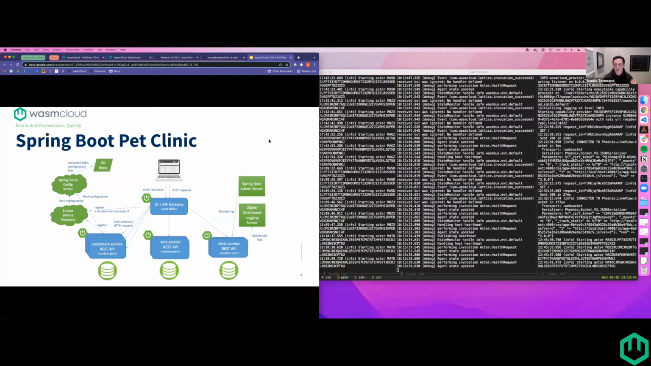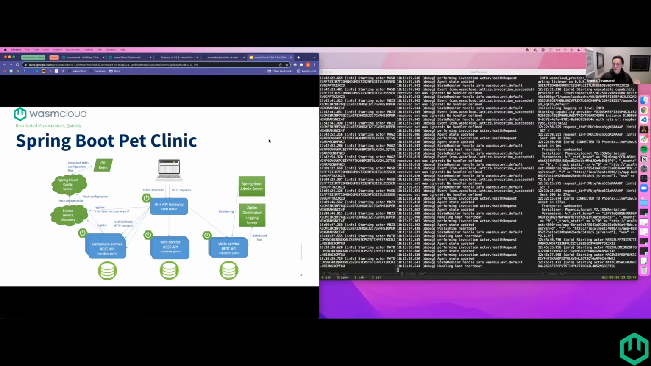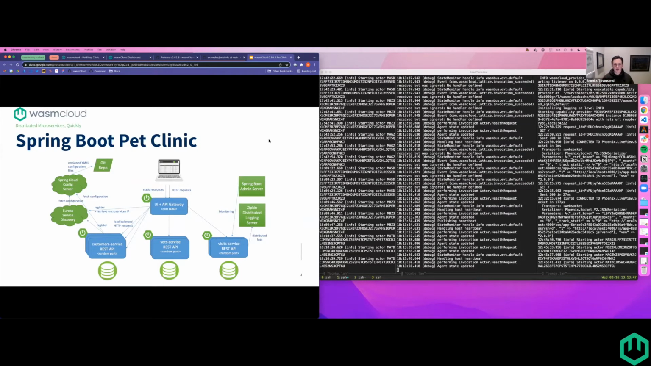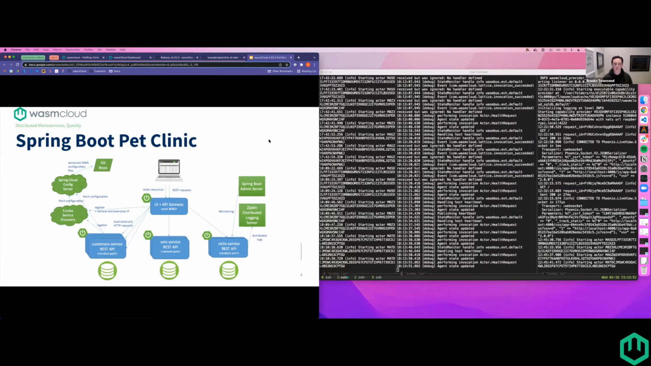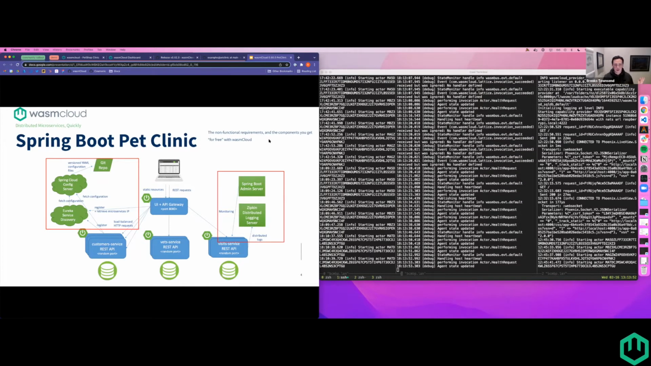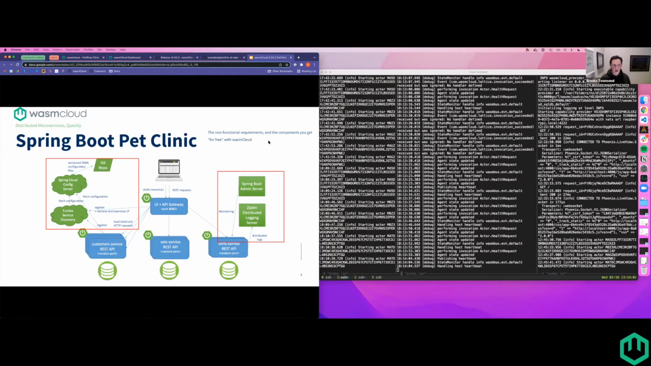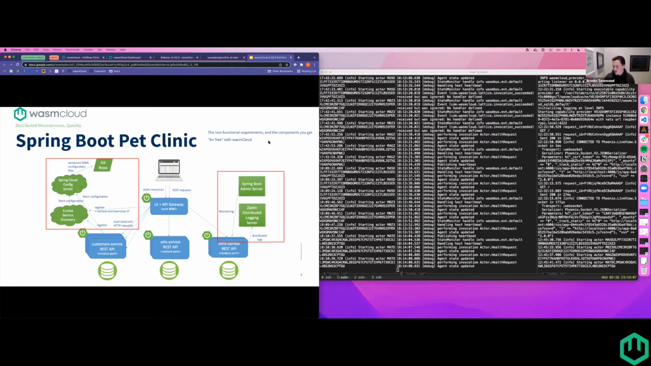It has all kinds of config servers and service discovery and load balancing on HTTP requests. All of that is kind of built into the application. But with wasmCloud, these things in the red boxes here are essentially what you're getting for free, what you're getting out of a better developer experience, with this automatic failover, automatic load balancing,